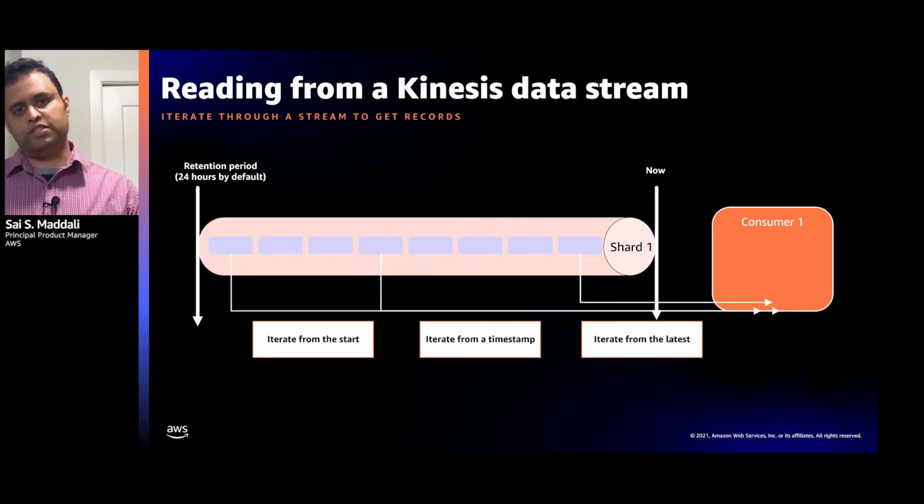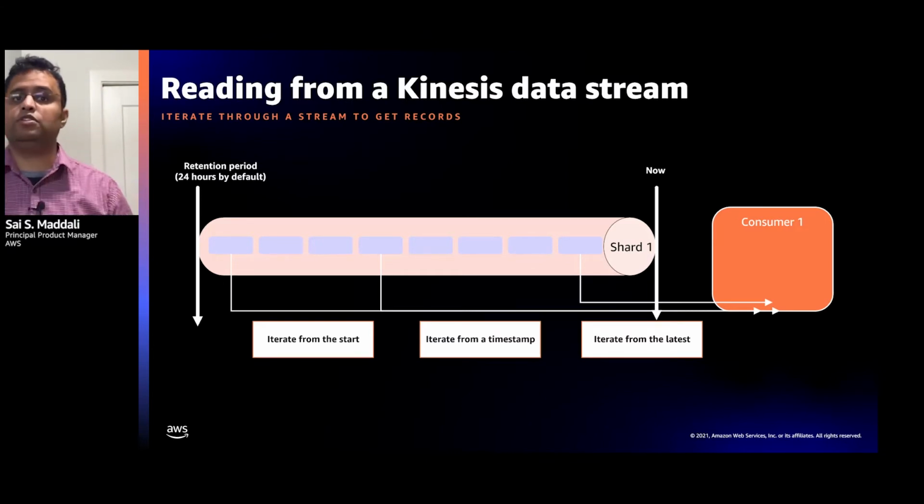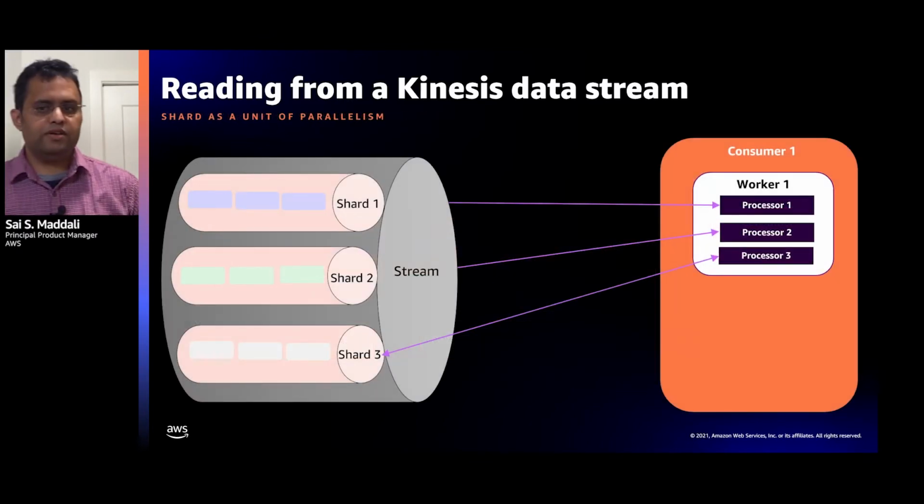And every time you process a set of records, you checkpoint your progress. So as an example, you could say, hey, I processed the first 10 records. Now I'm going to checkpoint my progress. And the reason you do that is to ensure that you can build resilient applications and guard against failures. So say a failure happens. Now in a distributed system, you want to design for resiliency. So what happens in this case is you go back to your checkpoint and say, hey, last record that I processed was record 10. Now let me restart processing from record 11. This enables you to achieve at least once guarantees for your processing. So that's how you read data from Kinesis data streams.